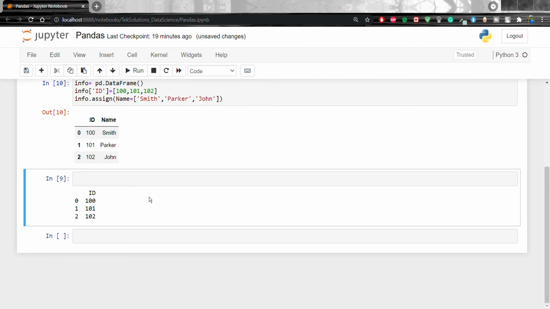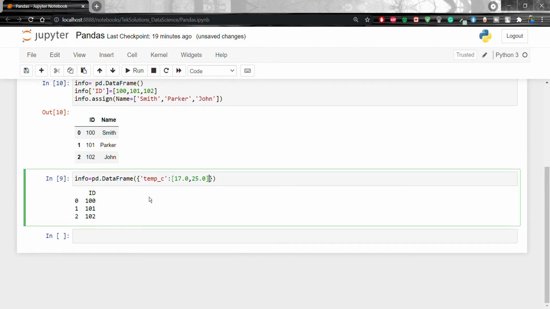Let's remove this one. Now I'm going to create a new data frame. Info equal to pd.DataFrame, fb caps. I'm going to pass temperatures, temperature under C, that is the column in centigrade, and the values will be 17.0, 25.0, right?